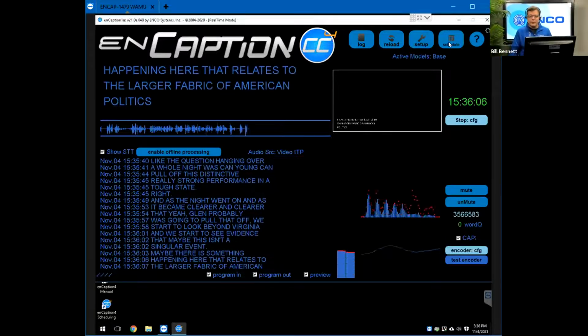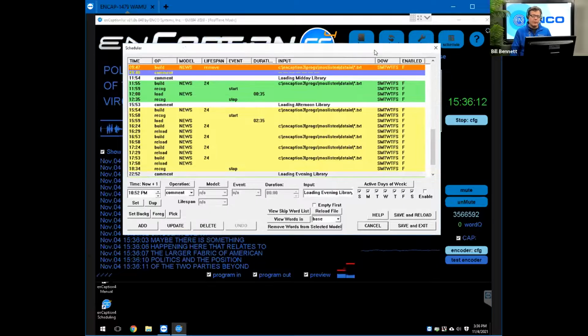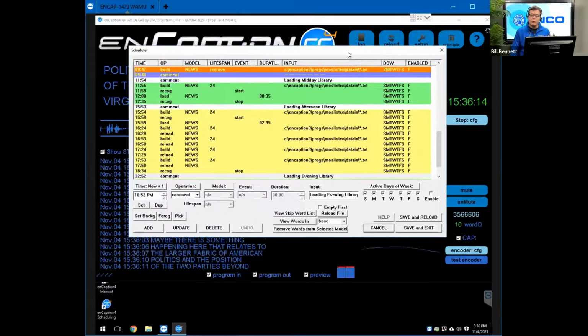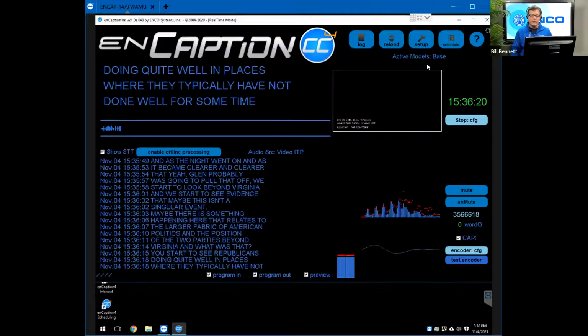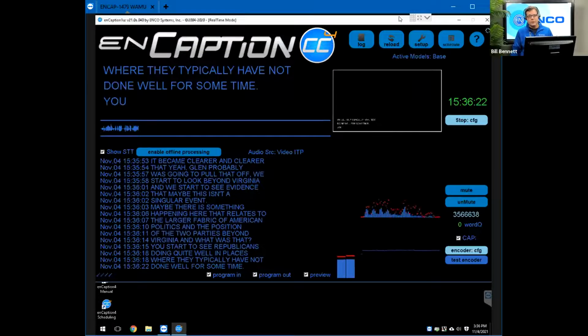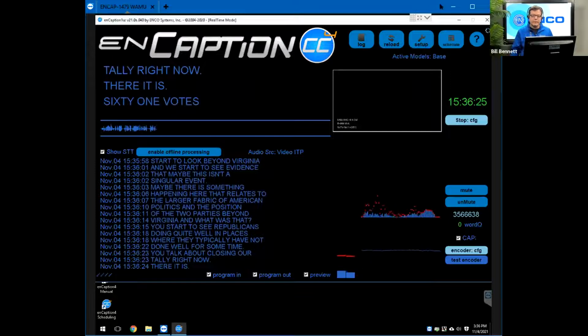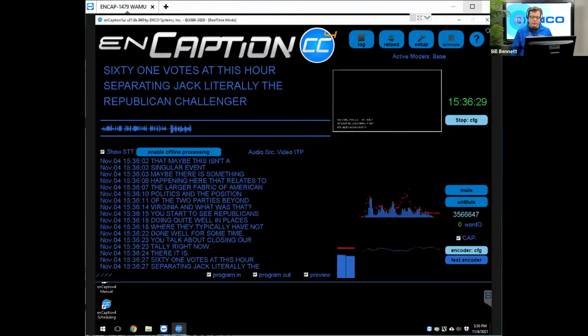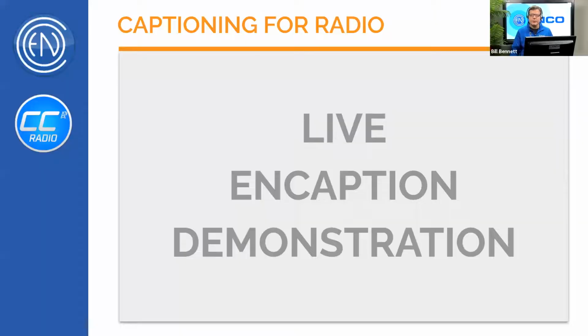That's really all it is. The system can be turned on and off with automation. GPIs, GPOs, they can also be controlled by remote control through an API that we have. And we also have this calendaring or scheduling system that you can use to automate when it turns on and turns off. That's assuming you don't want to caption 24/7. That's easy to do. Then just leave it running. So let me switch back to the presentation slides here.